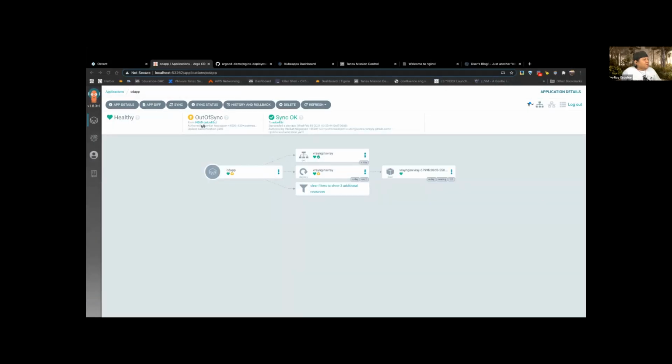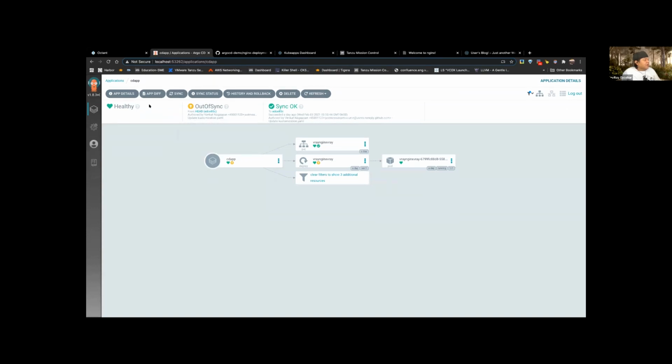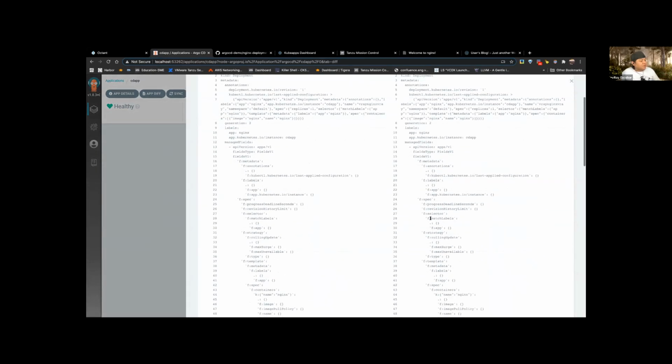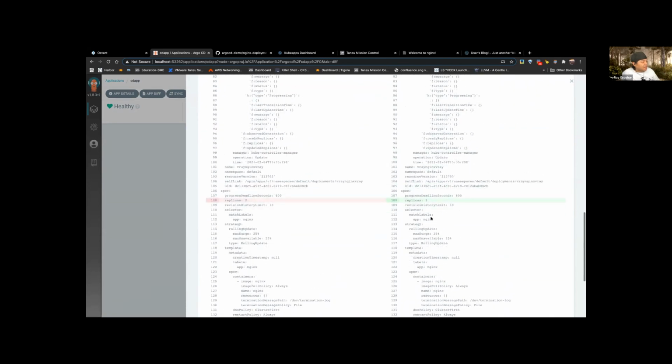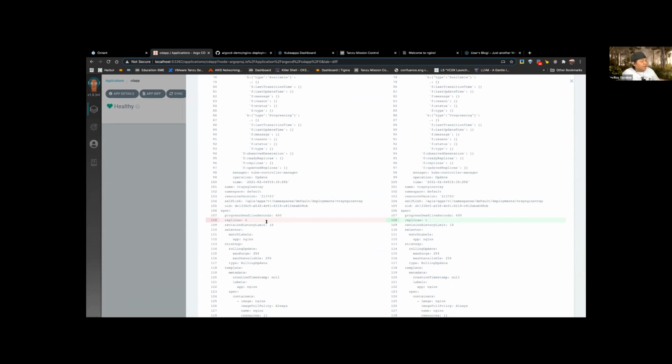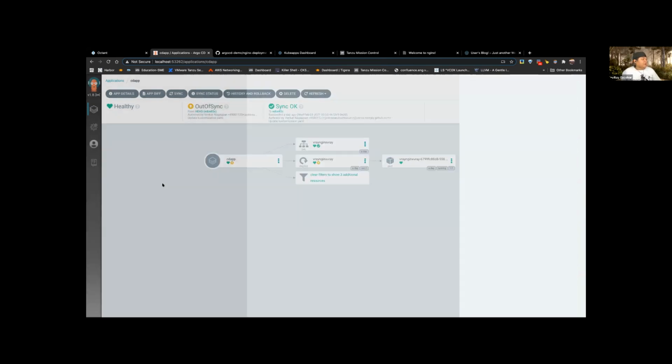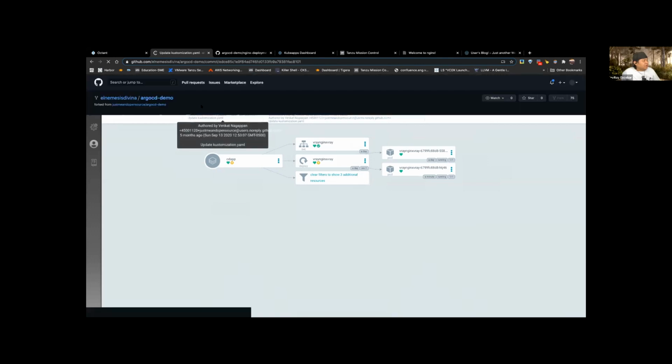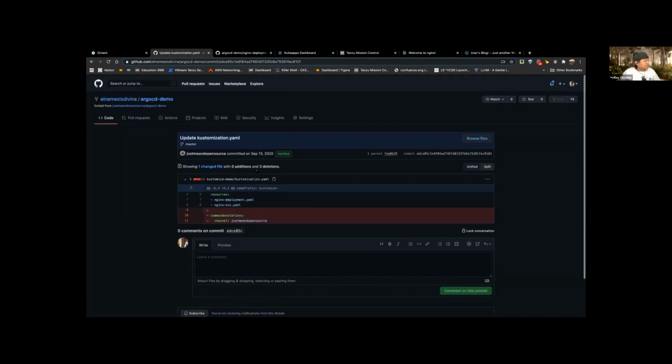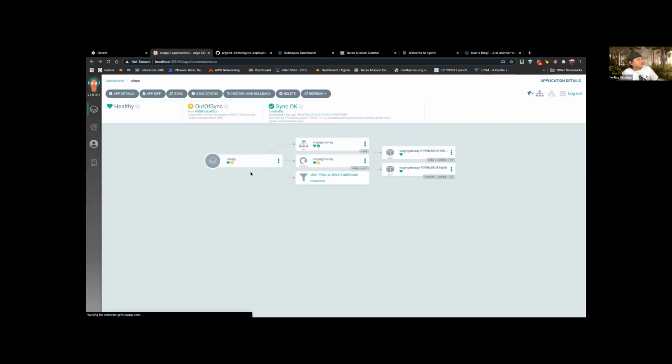And if you see here, it says, you know what, you're out of sync, meaning it doesn't mean that anything is broken. It's just taking care of this. And if I do an application diff, and I'm looking for what is going on with this guy, it says, you already have 2 replicas, and what you have in your repo says that you should have 1 replica, right? So what I can do with this is just do a refresh and get the repository, and I don't need to do anything else here.